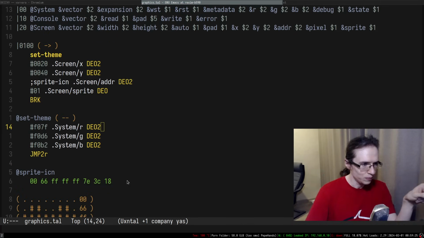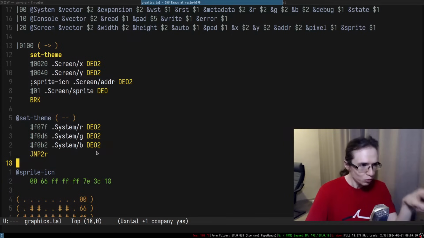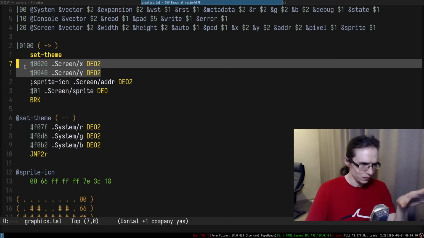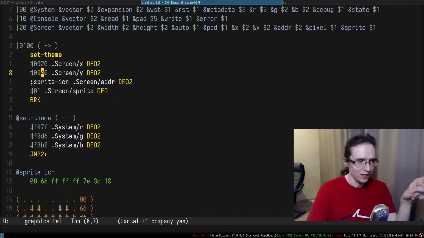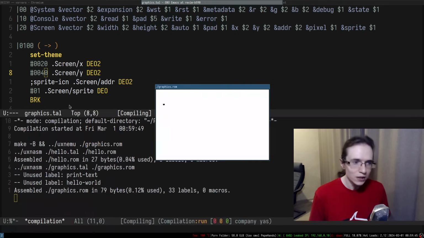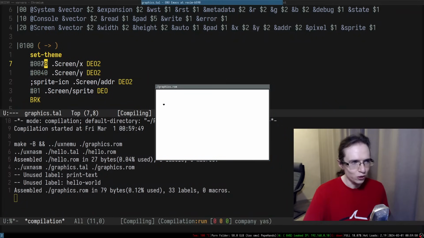All right, so let's try to basically make the sprite move. How do we put the sprite in a particular place? This is where we assign X and Y, right? So let me try to run this thing one more time. So this is where the heart is located, and it does make sense. In terms of X, it's 20, in terms of Y, it's 40. So we can see that Y is bigger than X, right?